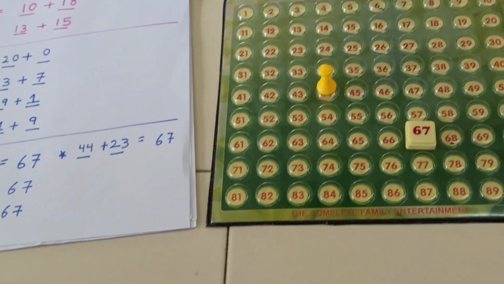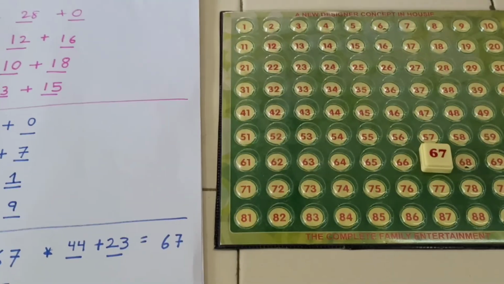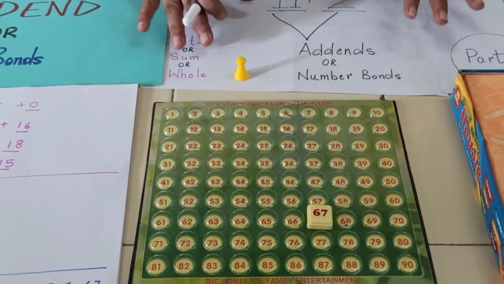Now, as we can see, for any double-digit number, we can use the combinations of addends to find that answer. I can use any combination as per the number given to me. Okay, hope you have understood the concept now. Try to do it. First, play the same way I have played. Practice. Once you gain confidence, then go on to the next directly. Bye bye for now. See you.